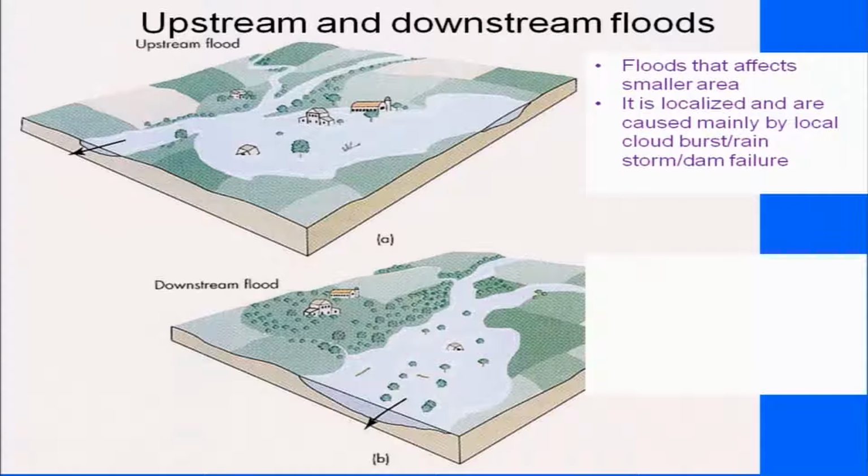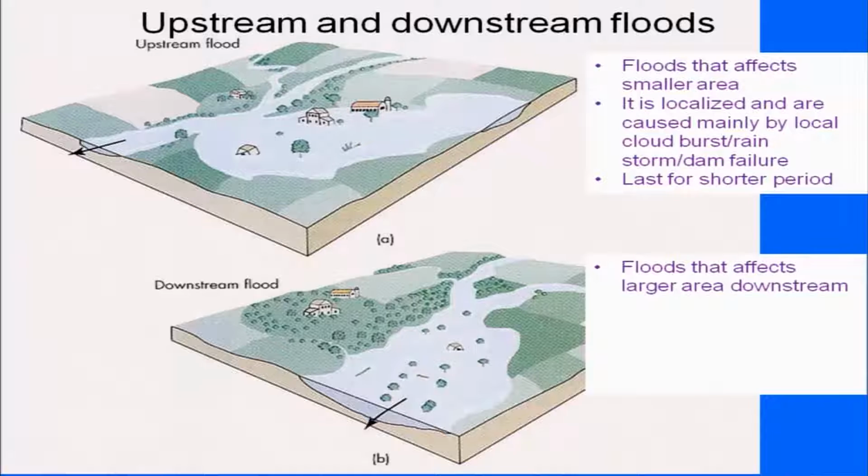It is localized and caused mainly by local cloudburst, because you have channelized flow. Mostly this will happen if you are having very heavy rainfall, a cloudburst, mainly a rainstorm, or even a dam failure if you have constructed a dam. So mainly the upstream floods will affect smaller areas and will last for a very short period,